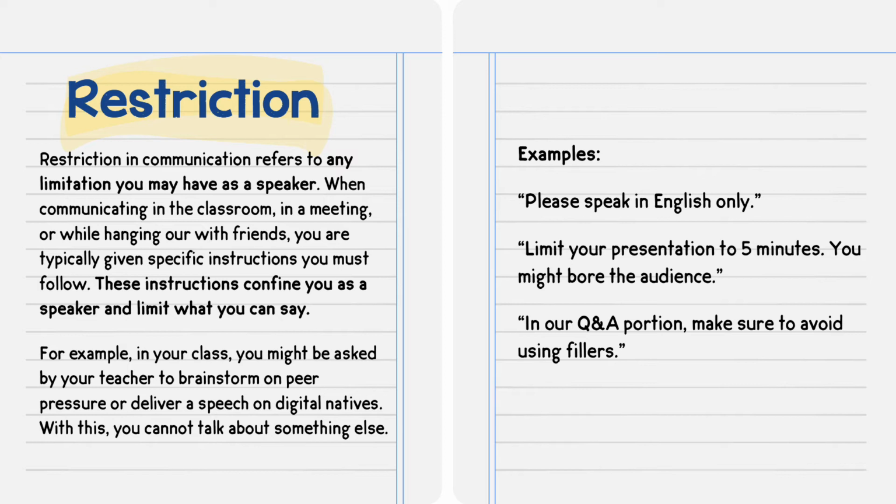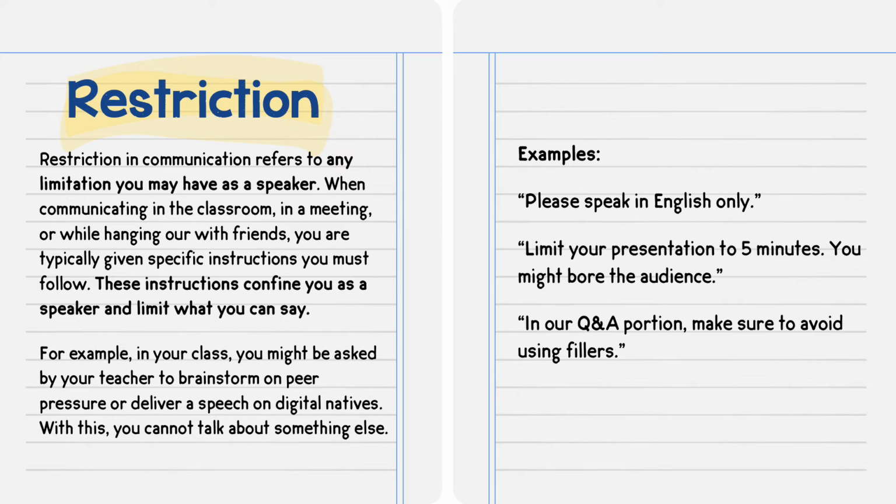Okay, so let's now move to restriction. Restriction in communication refers to any limitation you may have as a speaker. When communicating in the classroom, in a meeting, or while hanging out with friends, you are typically given specific instructions you must follow. So whether kahit pa nasaan ka, kahit pa mula sa formal contexts to informal contexts, still, merong rules na fina-follow sa mga